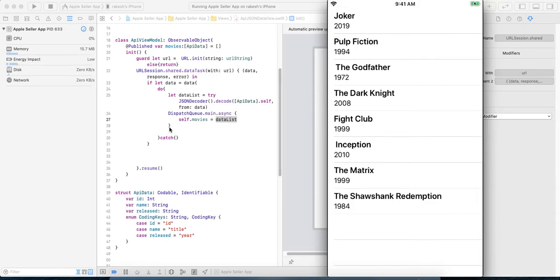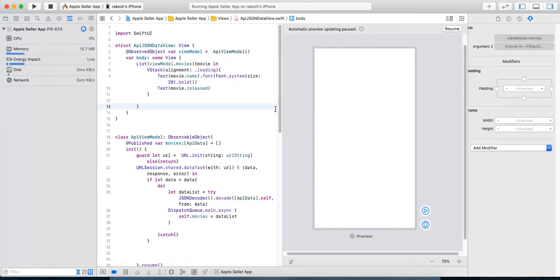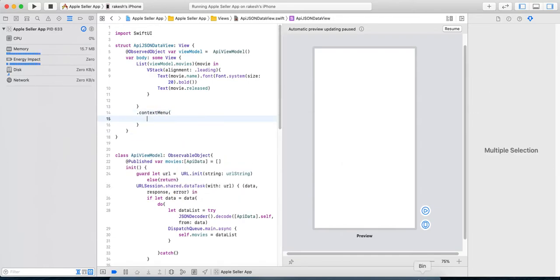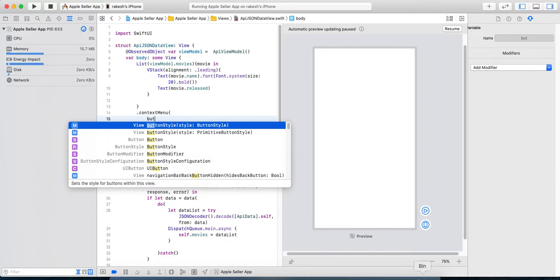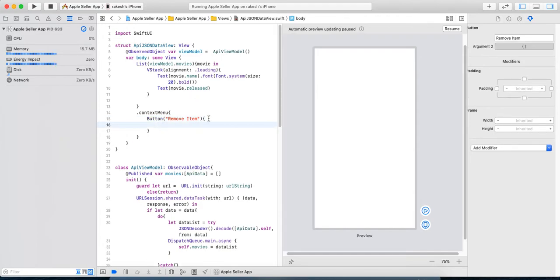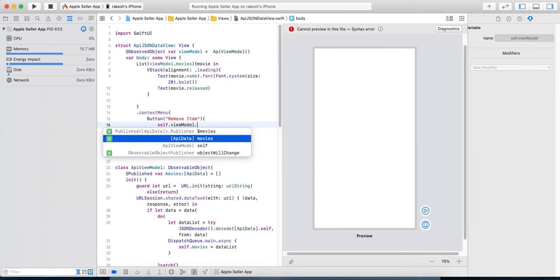So let's do one thing. We will add one more thing here, a context menu. You have seen this in many apps like WhatsApp. Whenever you click and hold on the list of contacts, it will zoom out. So for that we will add a context menu, and we will add a button here, with the title Remove Item, and on click of this we will remove an item from the view model's movies data.